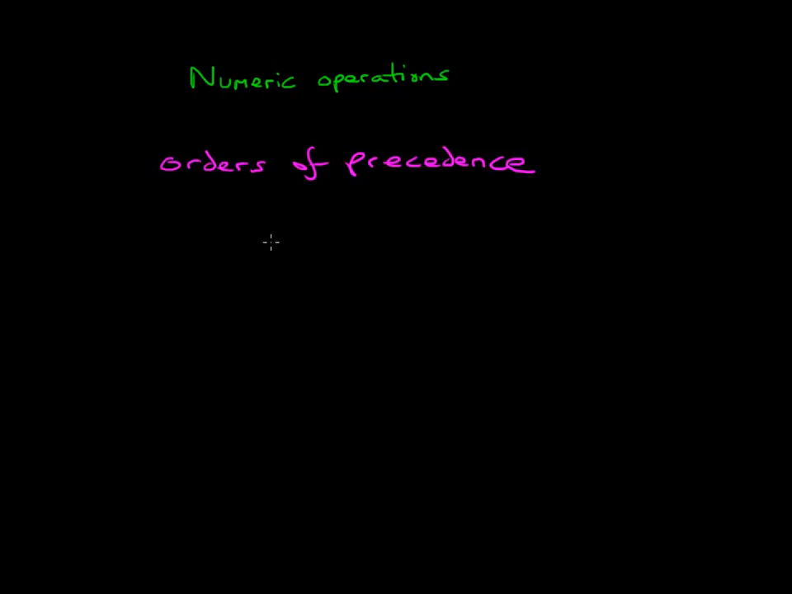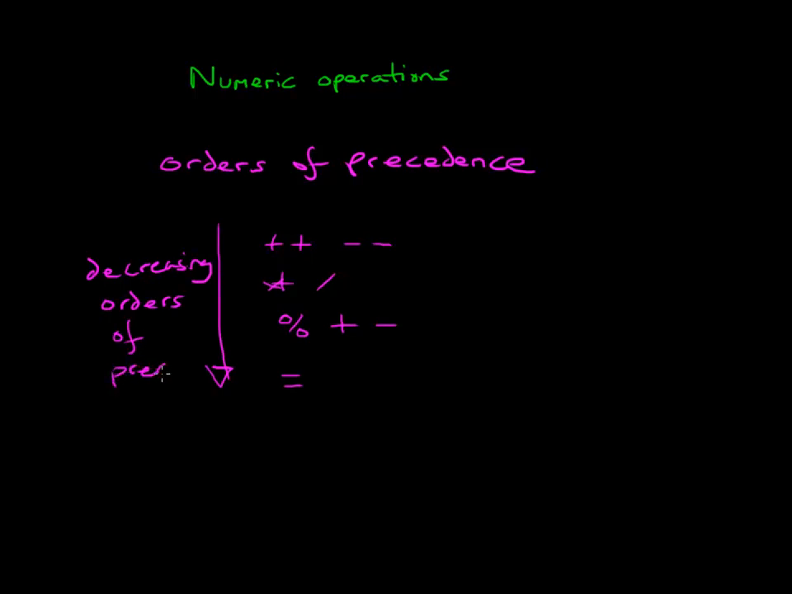And the order in which these occur is a plus plus and a minus minus will happen first. Then your times and divide. Then your modulus, and your plus and your minus, and finally your assignment. And so this is decreasing orders of precedence. So as we go down, these are decreasing,